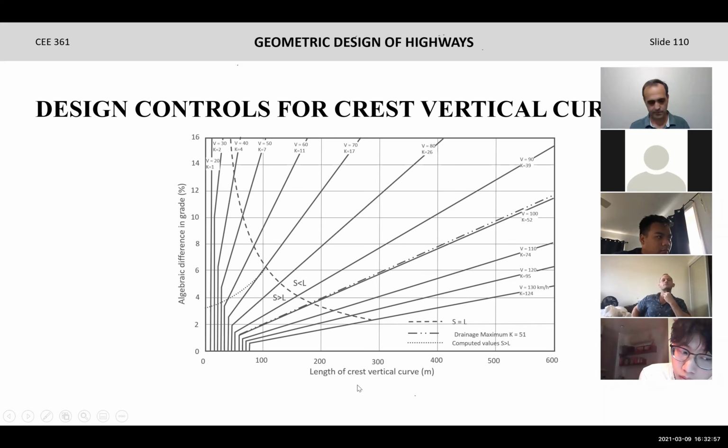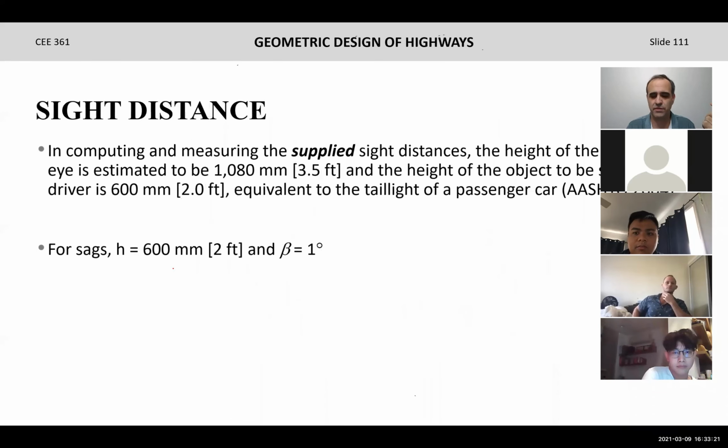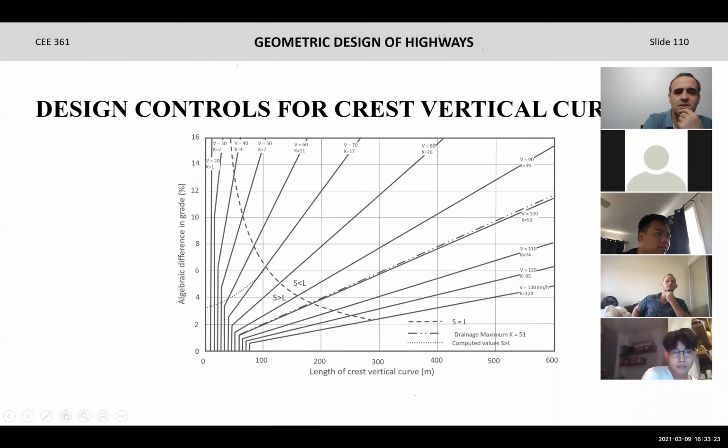So essentially with this, you can, for a given G2 and G1 that define the value of A, and for a given design speed, for example, let's say I have G1 equal to 3 and G2 equal to -5. I keep touching the screen without intention. So 3 minus -5 would be 8. So if you have an algebraic difference in grade of 8, and you're designing a road for 80 kilometers per hour,